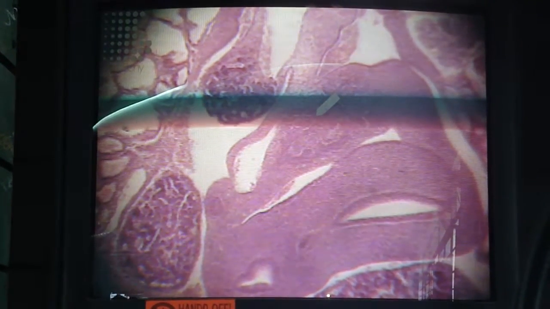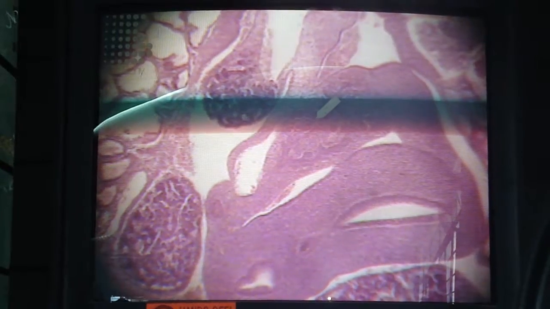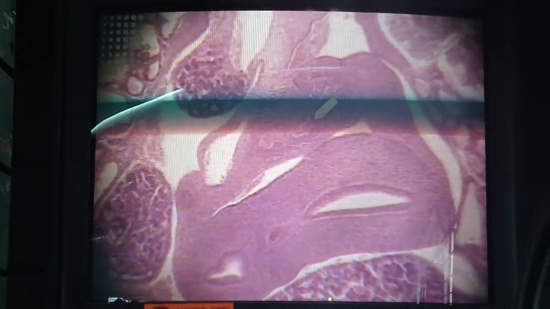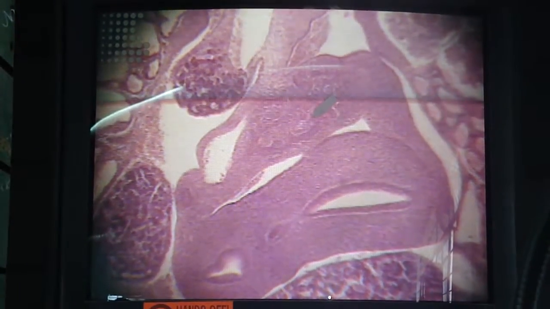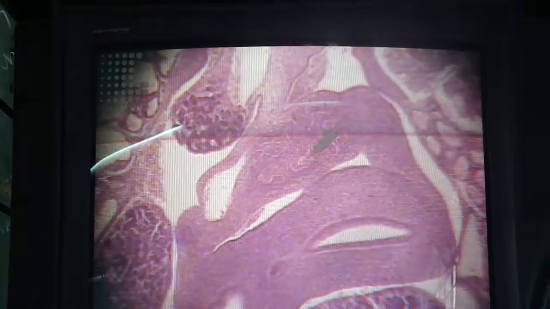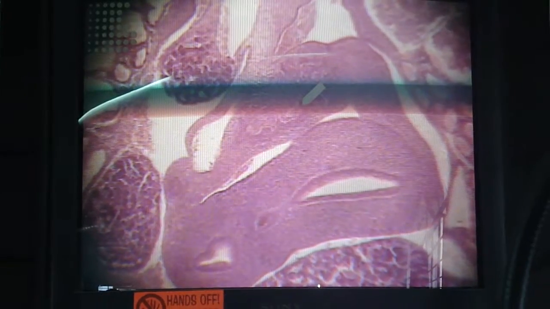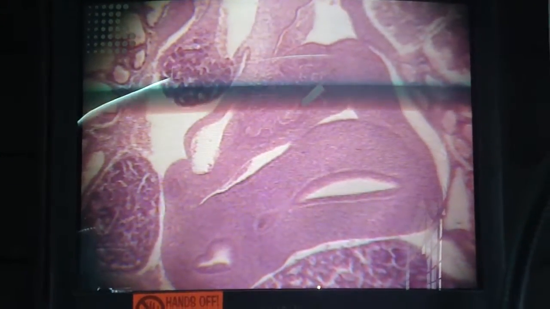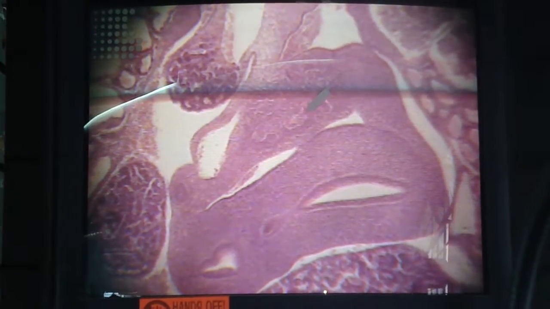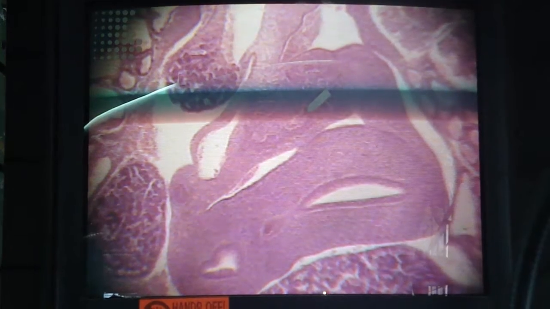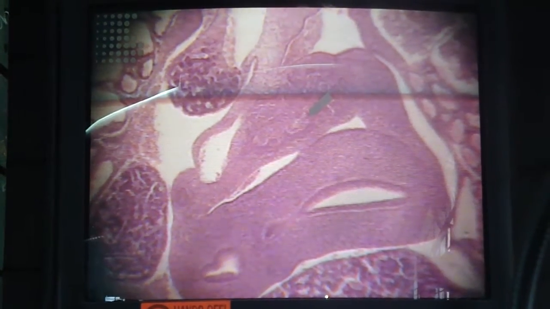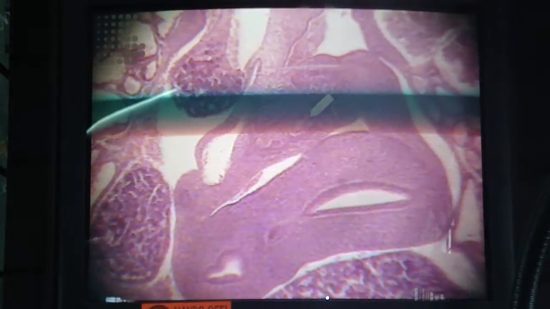So some of the slides are familiar, like this one. This is the dorsal pancreas. So this will be the origin of your islet of Langerhans. And this is the dorsal pancreas, which will give rise to the pancreas. And the pancreas is made up of an endocrine and exocrine portion. The endocrine portion is the islet of Langerhans.